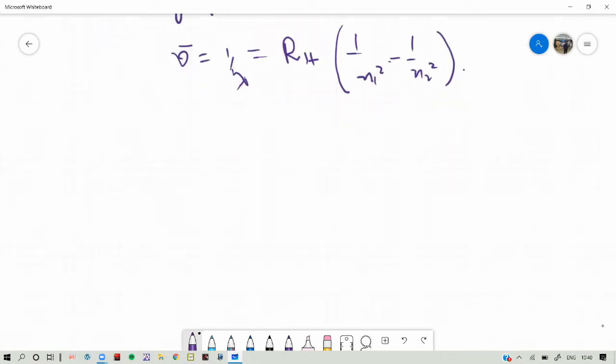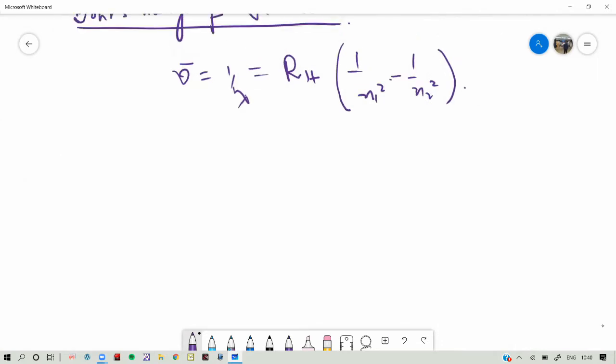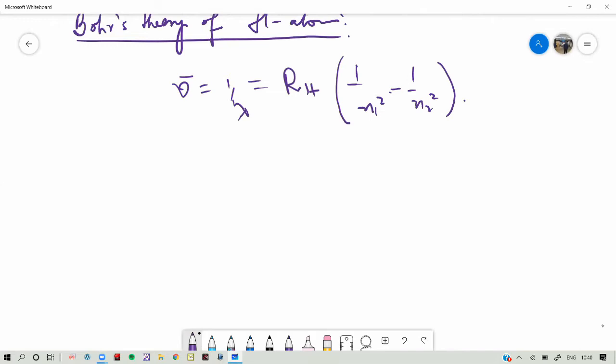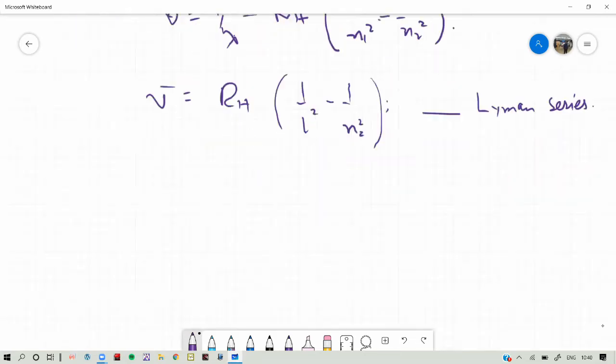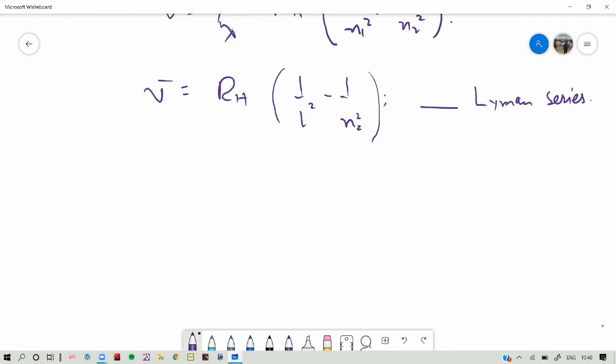Before those postulates, let me remind you that we have seen this formula, which was given by Balmer. When we change the n1 and n2 values, for example, when nu bar equals RH (1 by 1 square minus 1 by n2 square), this will be the Lyman series. And when nu bar is RH (1 by 3 square minus 1 by n2 square),